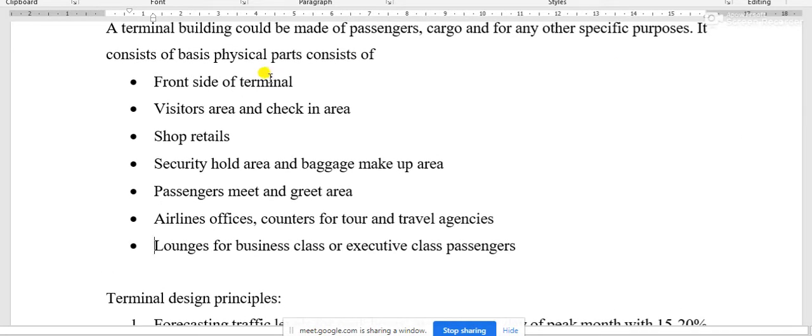That is, these parts are not only for necessity but also to increase the level of service.